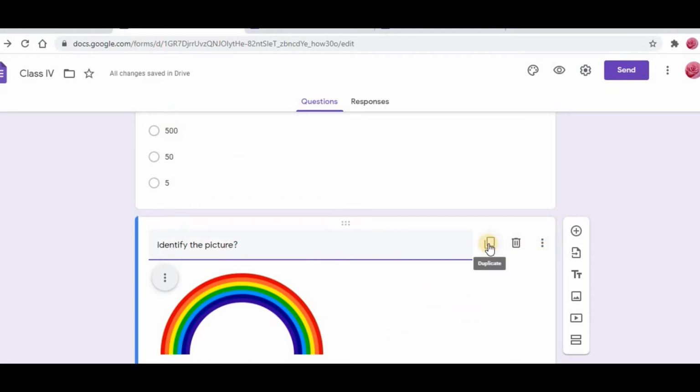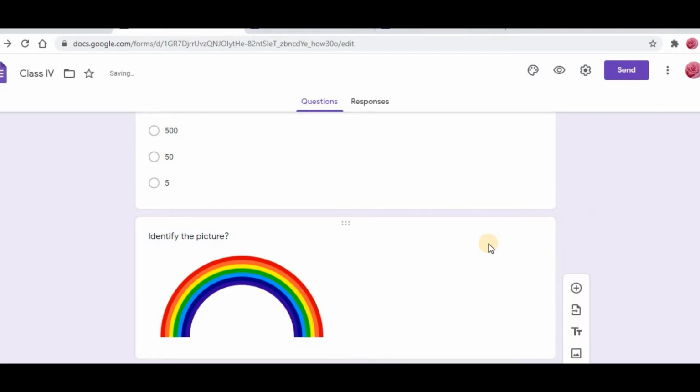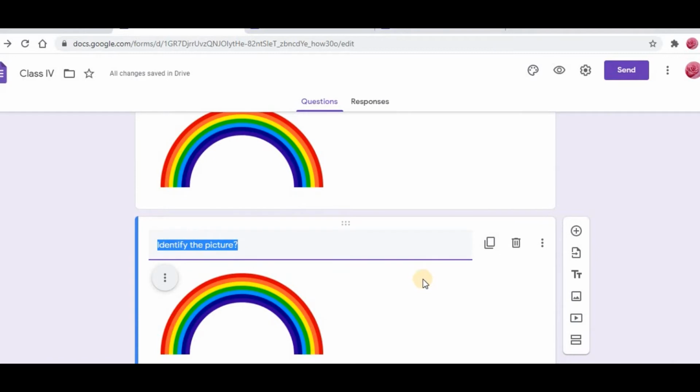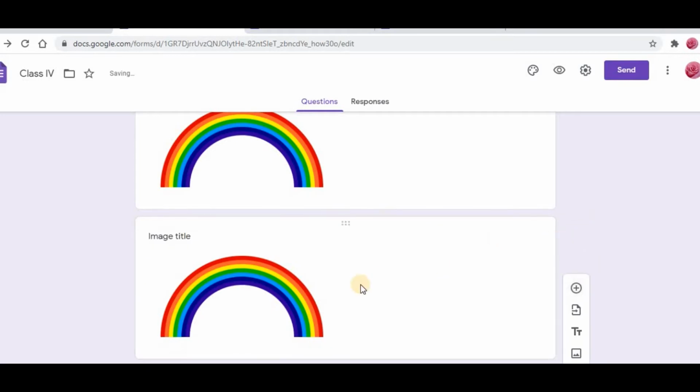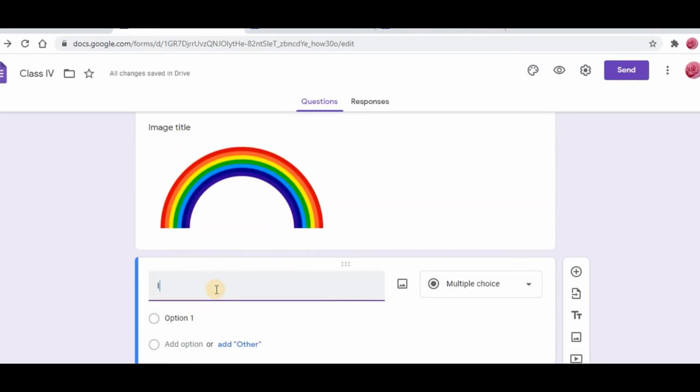And if you want, this means duplicate. So for example, for the same rainbow, you are going to ask one more question, so it is going to duplicate this, and you can ask here, okay, I'm going to add the question. In the above picture, which color represents Y?